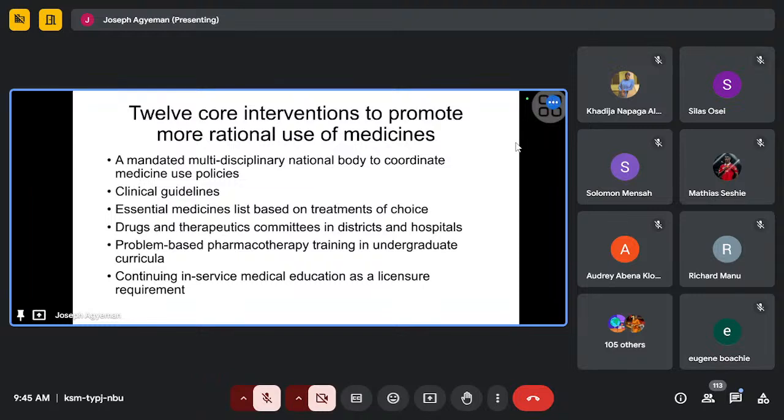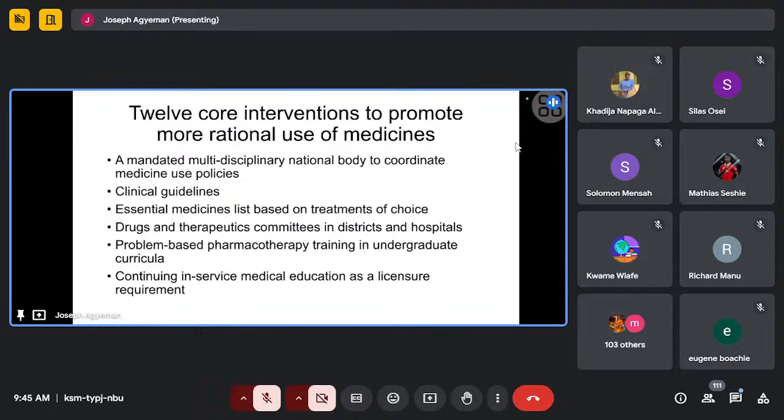So that one too is one of the strategies that can be used to try and control irrational drug use. If not for anything, the cost, efficacy, and safety. All the drugs that you find in there, they have all these attributes. Then the presence of drugs and therapeutic committees in hospitals and districts. What at all is the drug and therapeutic committee, and what will be their role in promoting the rational use